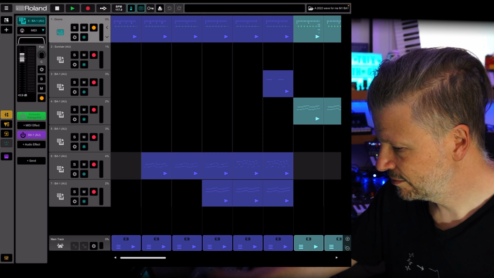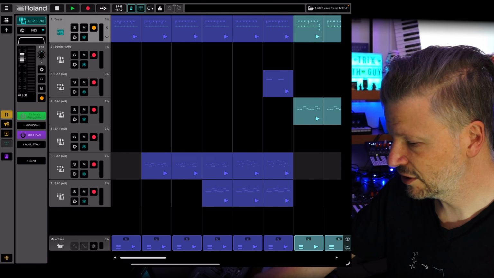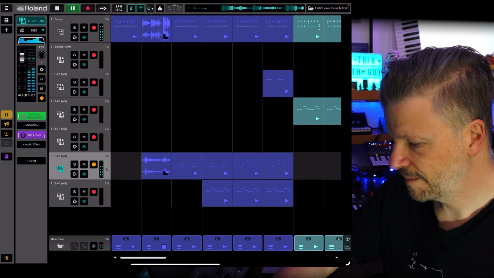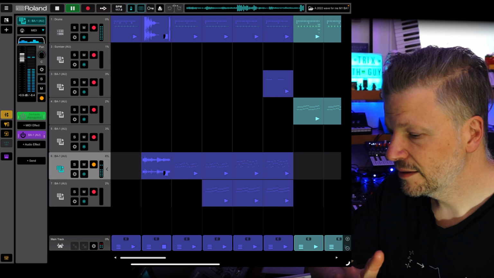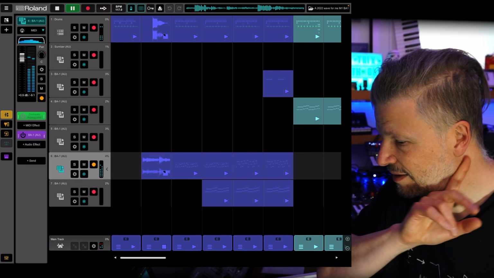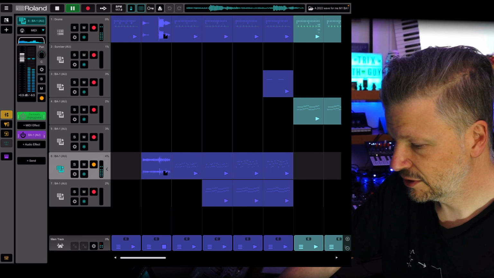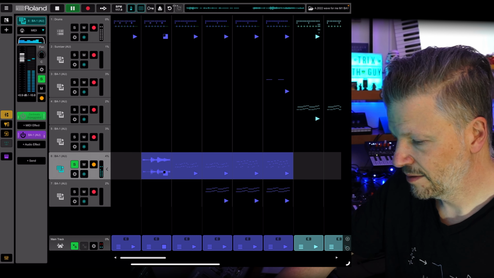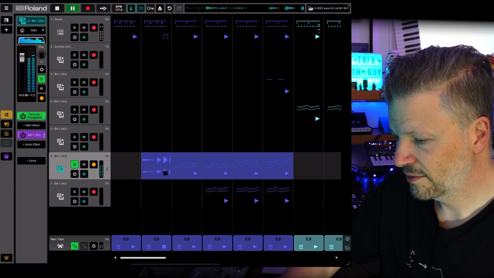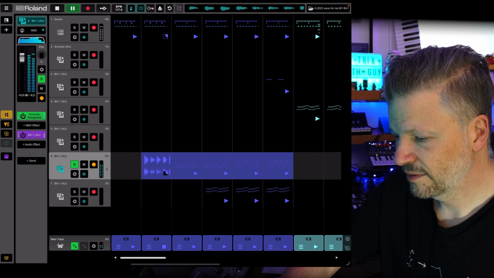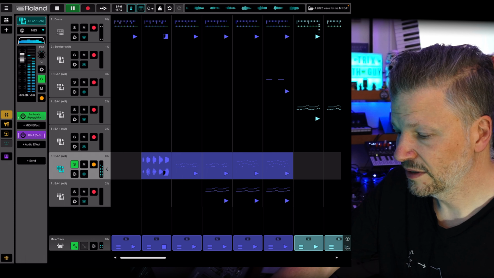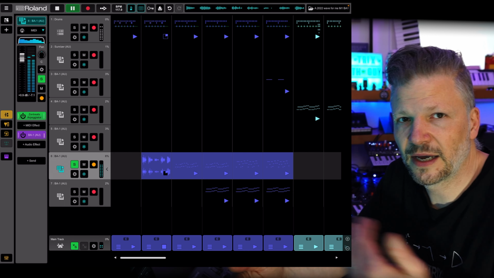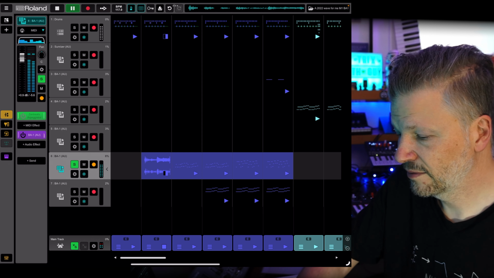So I've got this little song here I've been working on for a long time, and now I'm just switching the sounds to see how this sounds. One thing that the BA-1 does not have is an arpeggiator. So what I have here, I turn off, this is the arpeggiator of Zen Beats. It's a MIDI effect, it just goes between the MIDI track and the synth. If I turn it off,